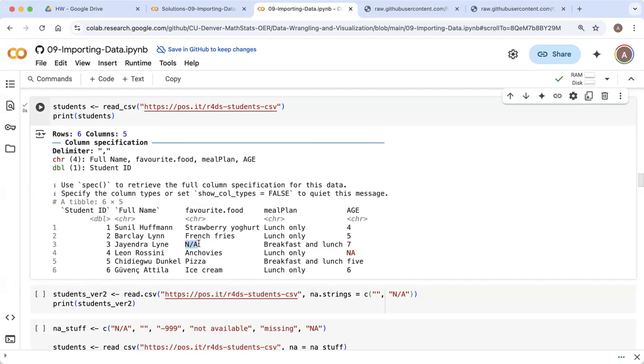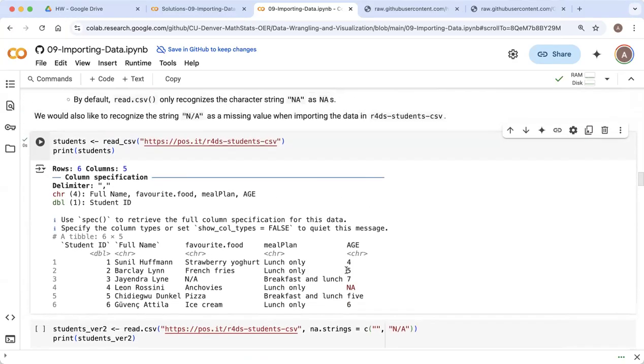So this, rather than being somebody's favorite food, was actually this person left that blank, and whoever entered this data entered it as n/a when they should have just left it as NA. So that was done at the data entry stage, but now we want to import it, and we want to import it encoded correctly as a missing value. So there is a nice option